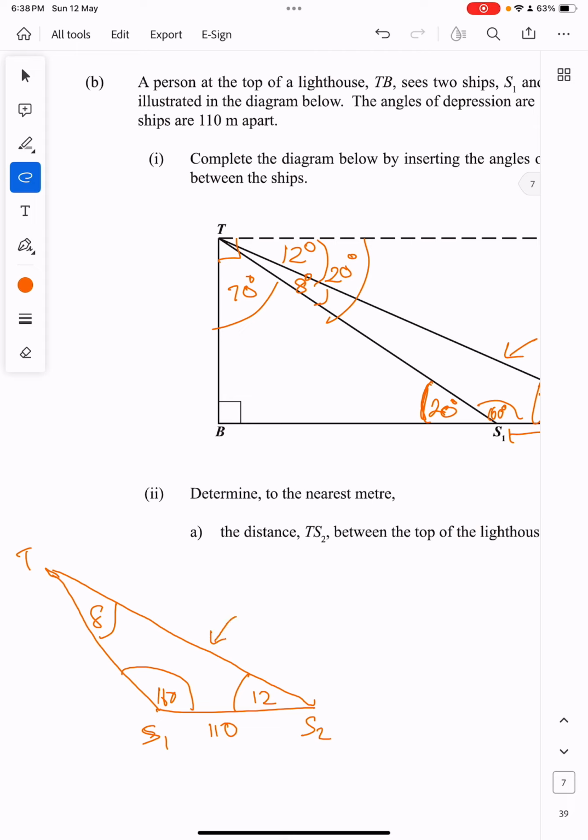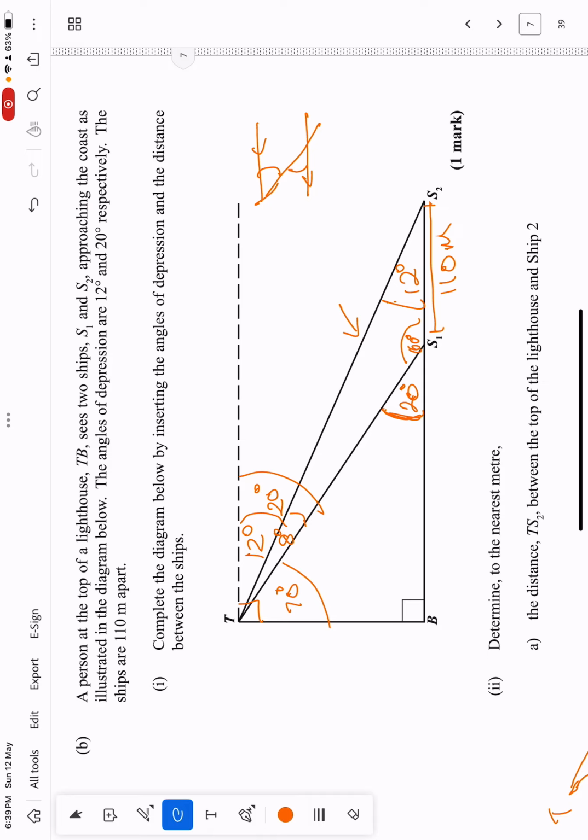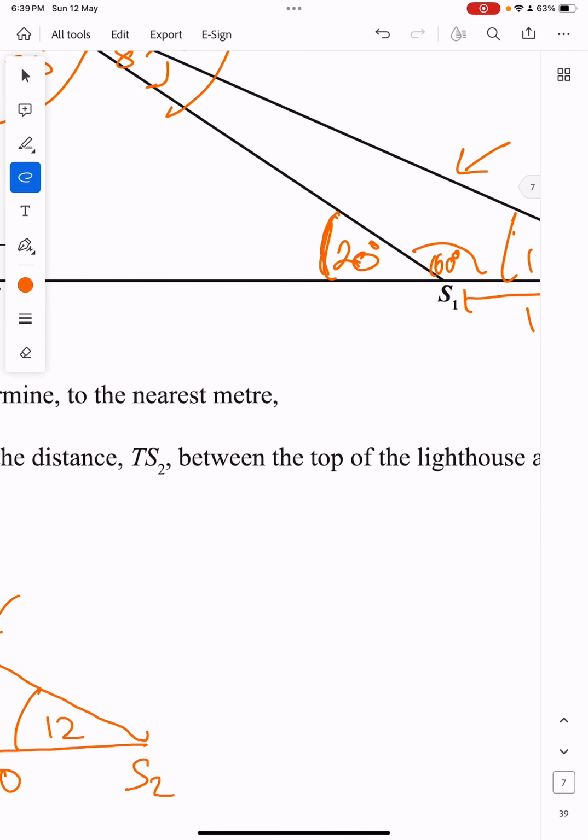We already have one length, so we can use here the sine rule or the cosine rule, because we have all of the angles, and we have at least one side and we have another side involved. So two sides involve two angles. I think the sine rule is an easier rule to use, so I'm going to use the sine rule for this one, right? So using the sine rule,